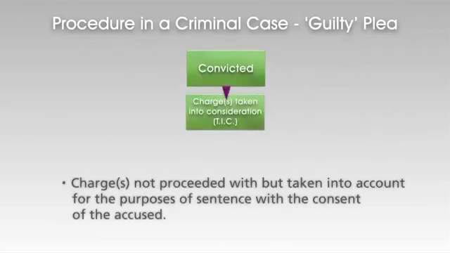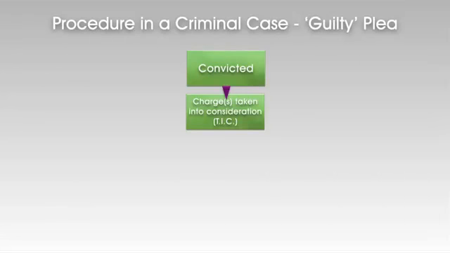If a charge or charges have been stood down, the prosecutor will at this stage apply to have it read to you in order to take it into consideration for the purposes of determining sentence if you admit to it and give your consent. The prosecution will next inform the court of your criminal record if you have one. You will be asked if it is accurate. If you do not agree, the prosecution will ask for an adjournment to prove it.